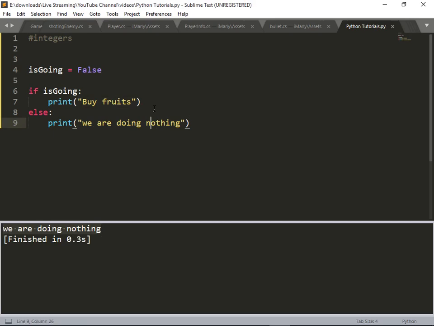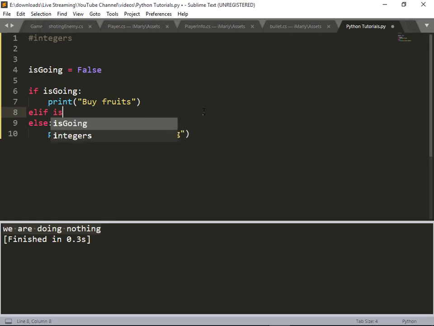I think you have a quick foundation of if statements, and we can also use if, elif, and else. Elif can come only between the if and else statement. So like here, if we're maybe going to the pool or visiting some places, we can use the elif function, which consists of else and if. Elif